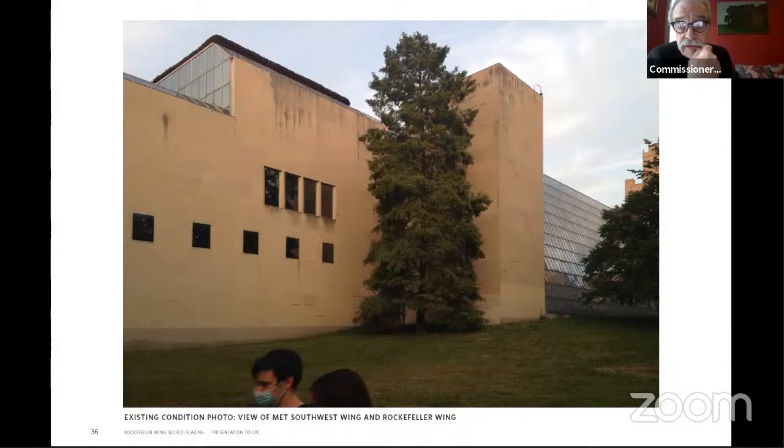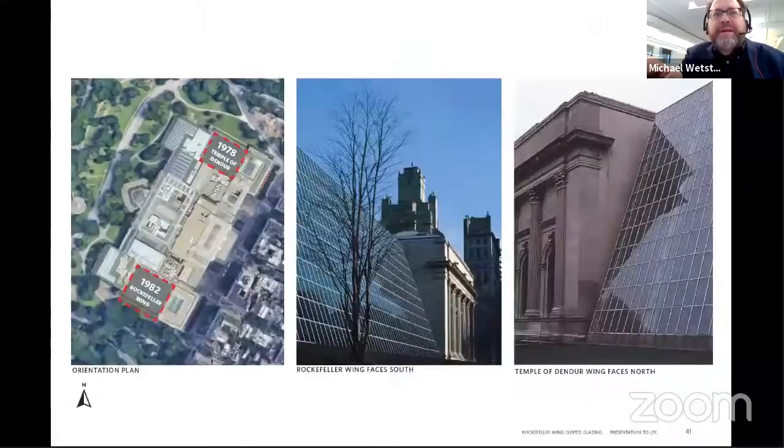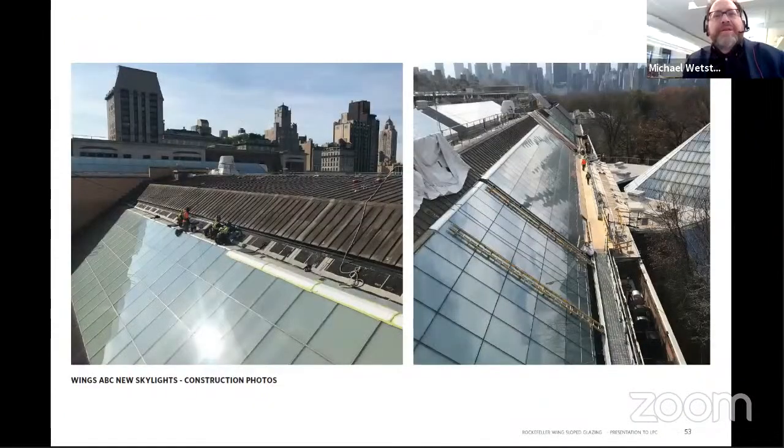I presume the staff has been involved in discussions about what color the sealant will be. In fact, I'm going to skip ahead to a photograph that we have in our appendix. Just bear with me for one moment. It's an important component here. Yes, exactly. So this is another construction photo of the European painting skylights, which were approved by the commission and